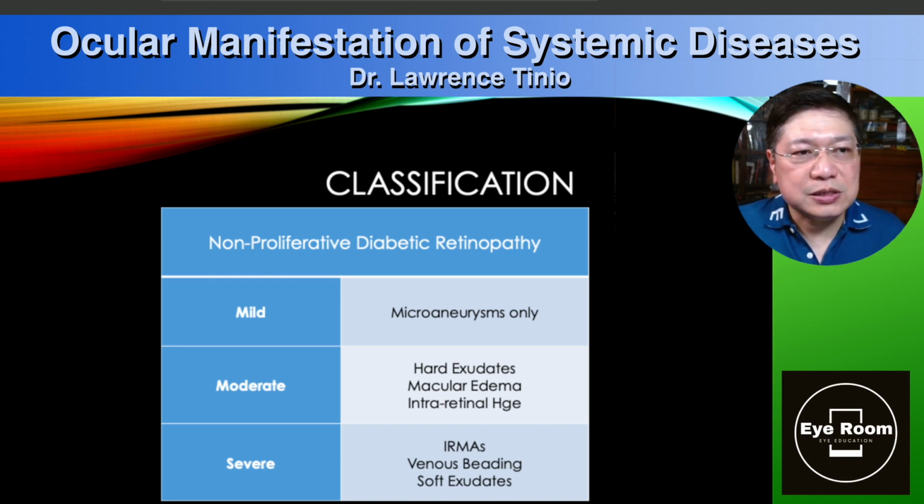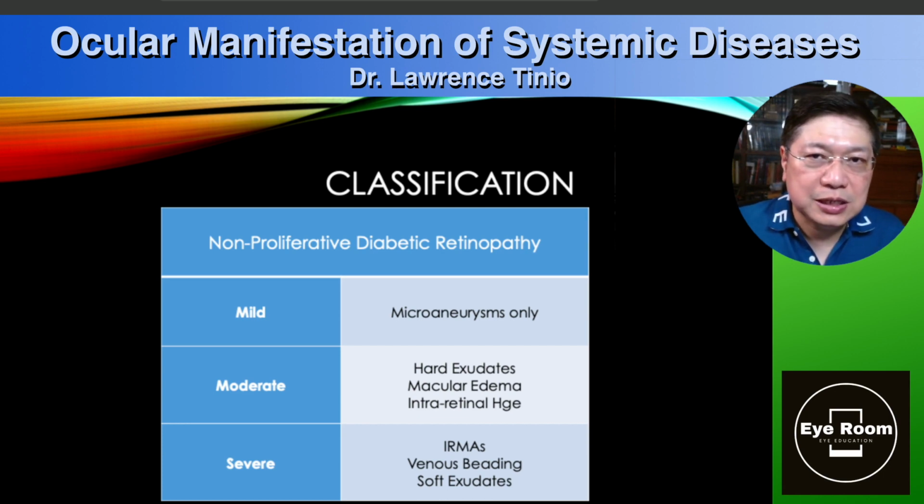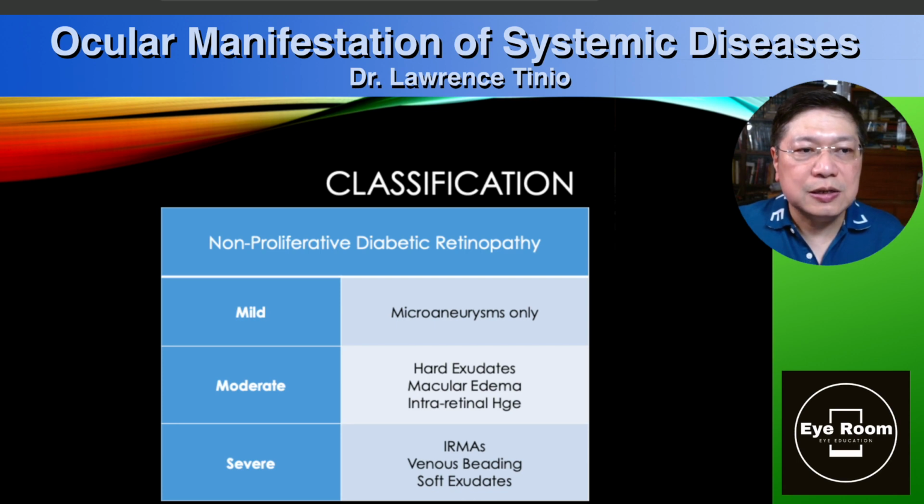Non-proliferative diabetic retinopathies can be classified as mild, moderate, or severe depending on what you see. Mild, that means you only see microaneurysms, so small dots of blood vessels. You see small dilated blood vessels that look like small dots in the retina. If you only see that, that's a mild type of diabetic retinopathy. Moderate would have the symptoms of mild plus hard exudates, macular edema, or intraretinal hemorrhages. You see bleeding, you see exudates, that's already moderate. And severe would have venous bleeding, soft exudates, and